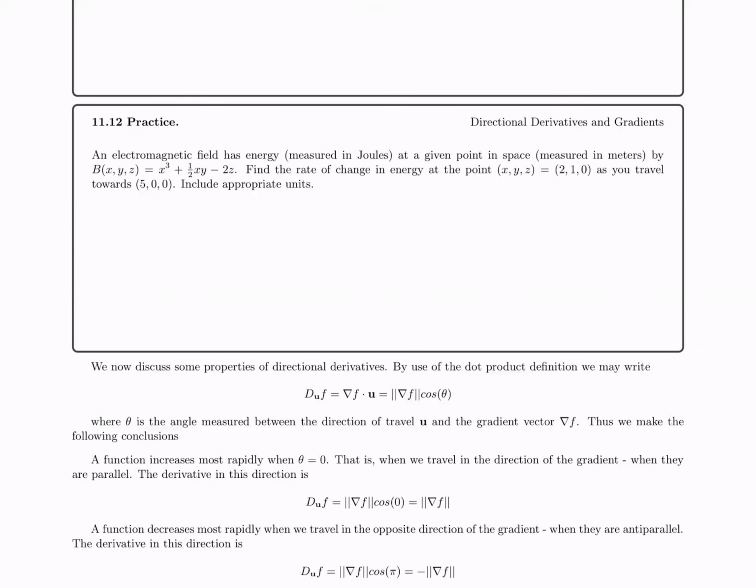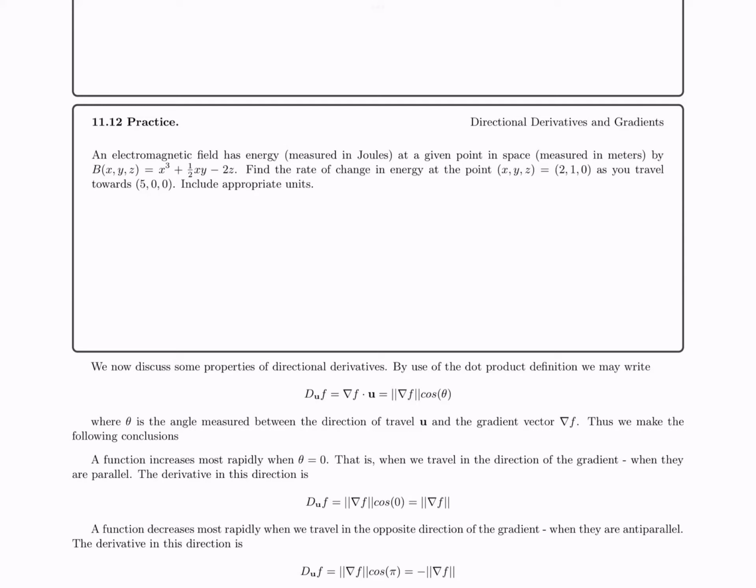Let's work on practice 11.12, finding a directional derivative using the gradient. So instead of going through that limit process every time, you can use the fact that the directional derivative is the gradient vector projected onto the correct direction. It's very nice. Here we have an electromagnetic field